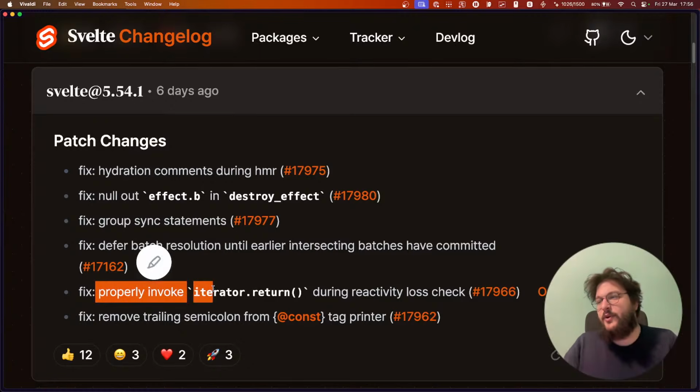Fix properly invoke iterator.return during reactivity loss check. So the reactivity loss check is new.